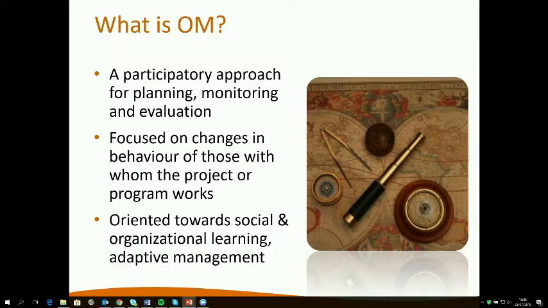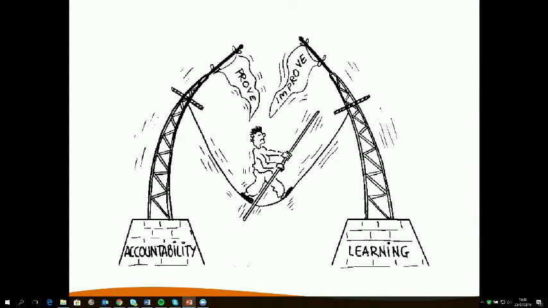So what are we learning? And what do we need to change in order to respond better, to get better? And so that learning piece was really a drive for IDRC when they developed the approach and the methodology.